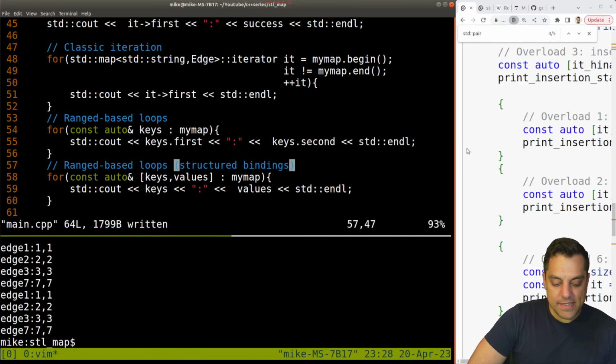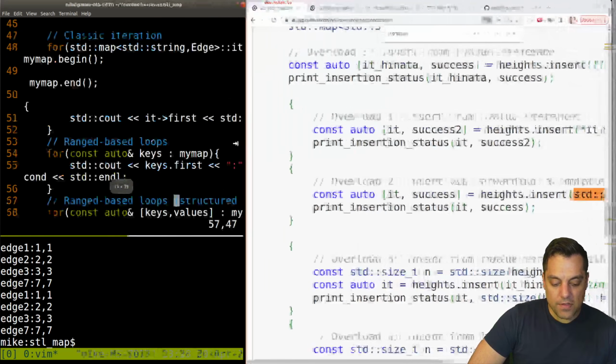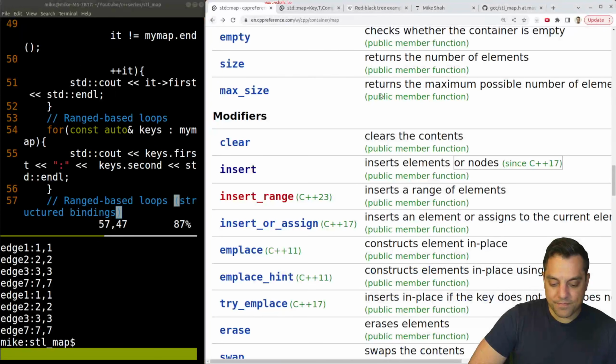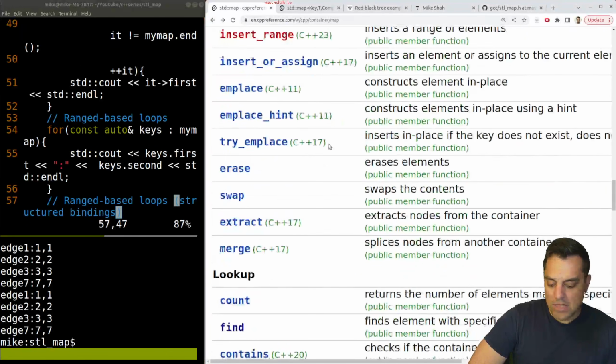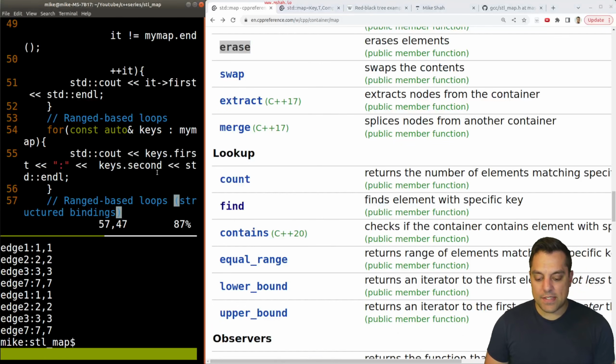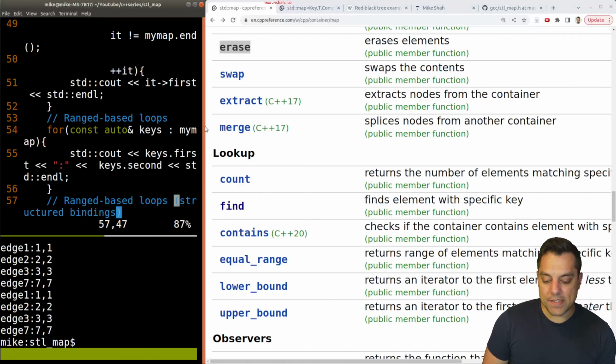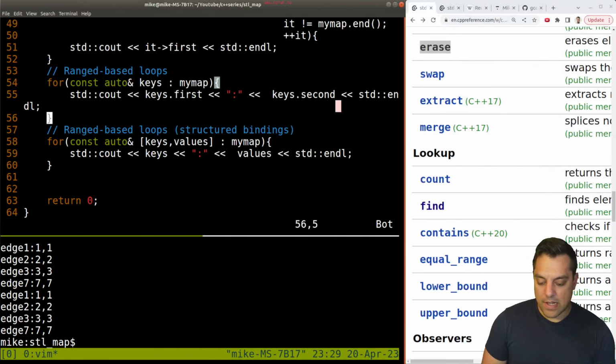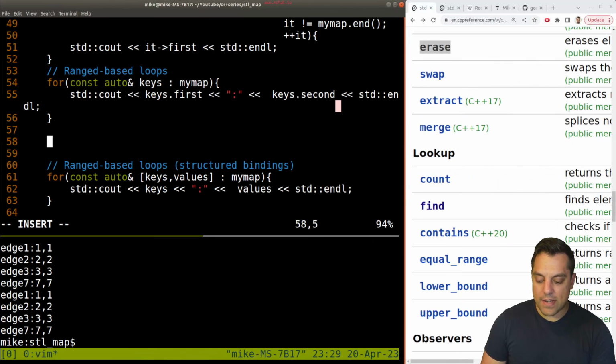All right, so with that said, let's go ahead and look at a few other things that we can do here. Let's go ahead and look at maybe erase here. But let's go ahead and do it with contains and find. So let's see if we find something, then we'll erase it and then we'll iterate through it again. Let's do it before this loop here. So let's go ahead and say